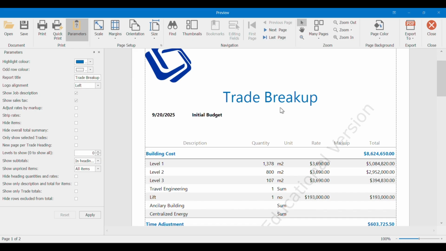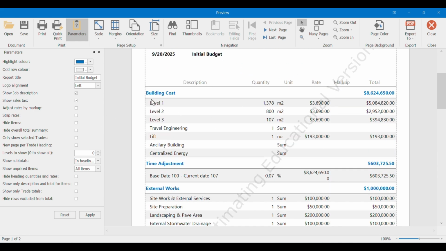Now we have the trade breakup. I can change to initial budget, and we can see we have our building cost level 1, level 2, level 3,